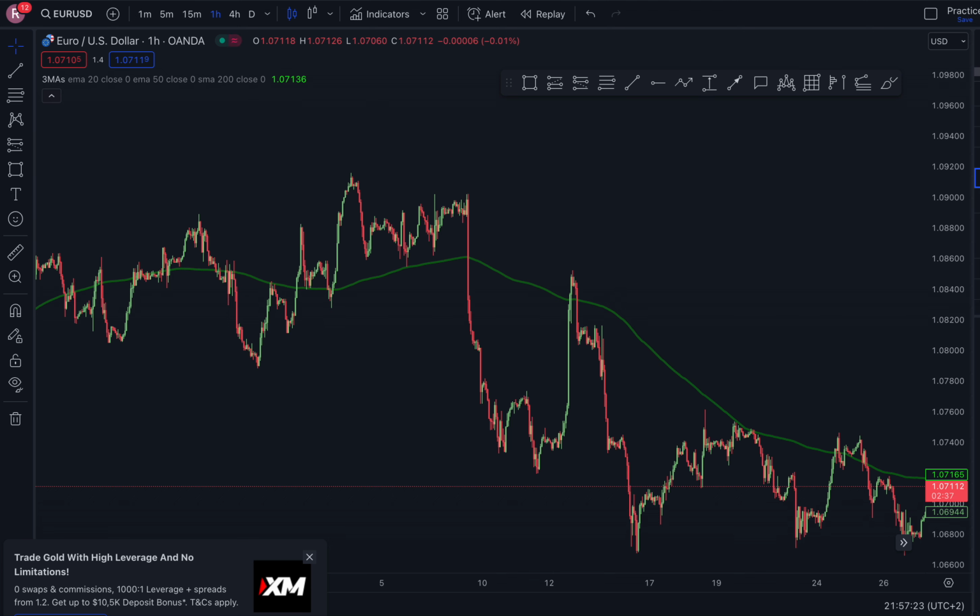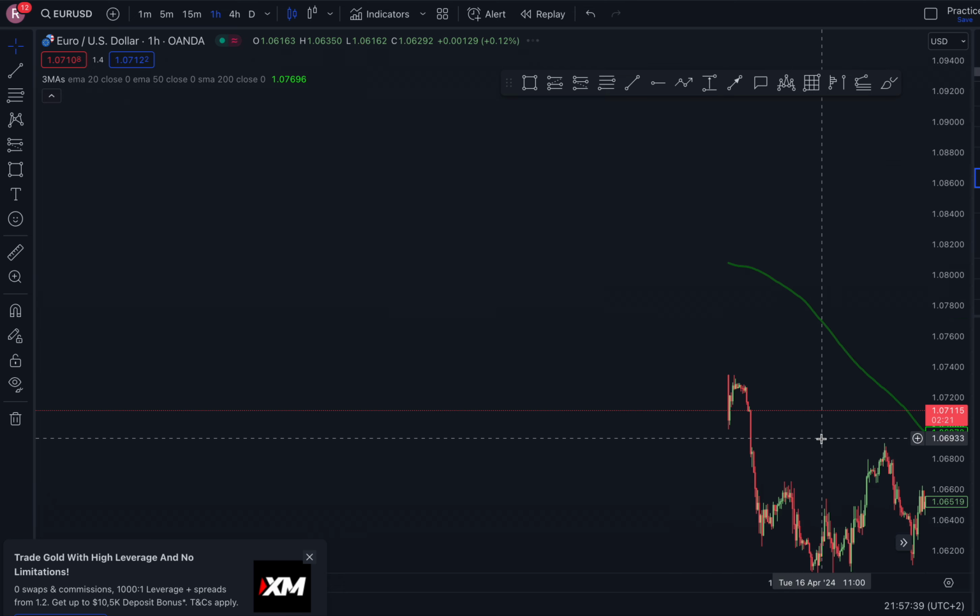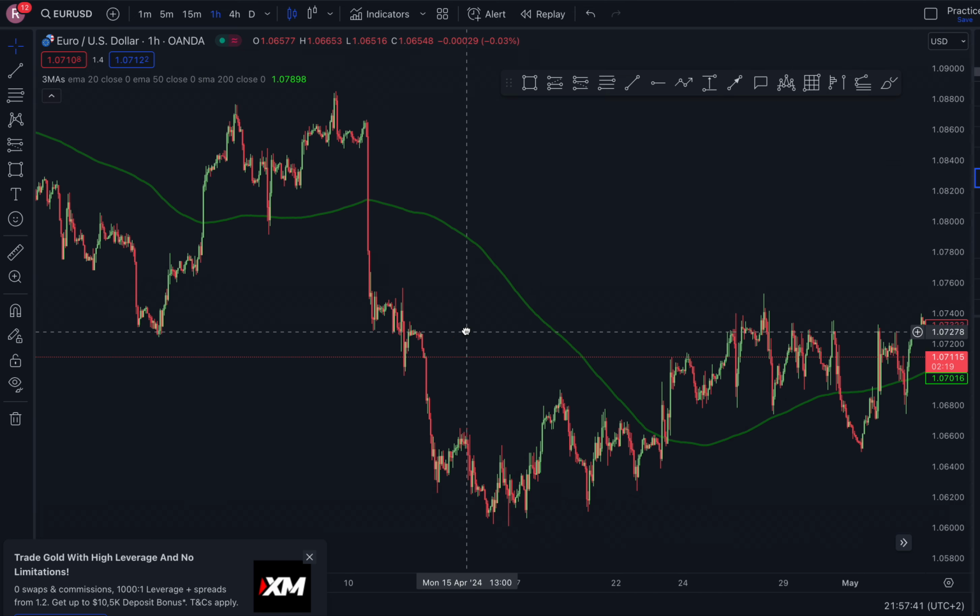This is a simple strategy given to us by ChatGPT, and apparently we're gonna try to see if we can turn our $100 into $10,000 with this strategy. So let's give it a try and see if it works or not. All right, cool. So the first rule of the strategy is to